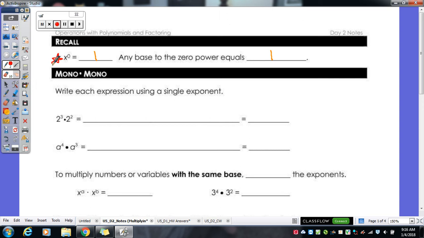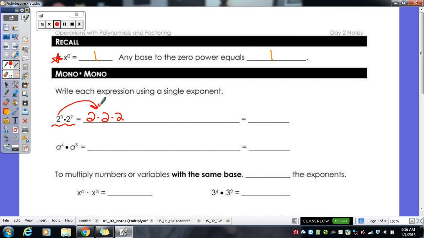So what we're going to be doing today is multiplying monomials times monomials, which if you remember, means it's one term times one term. So to go through that, we have some special rules, but let's practice this out first. If I was multiplying 2 to the third times 2 to the second, if I wrote it out the long way,